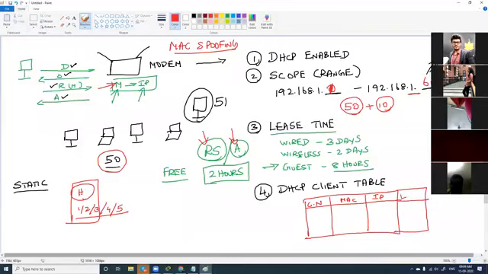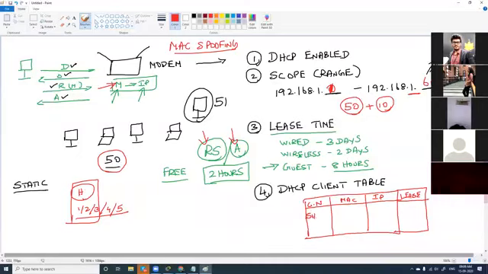And you'll also have lease time here. So my computer's name will be Shanky's PC, and the MAC address will be a number. The IP address will be 192.168.1.3, and the lease time will say how much lease time is left, in seconds. So from the DHCP client table, I can see what devices are connected in my network, what all devices are using my internet and connected to my network.